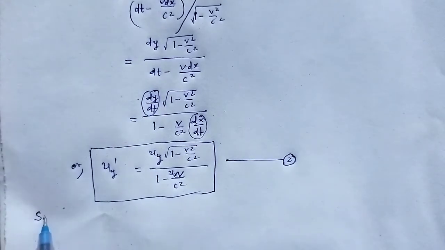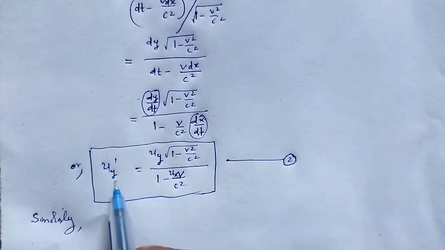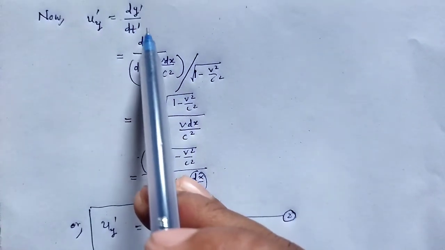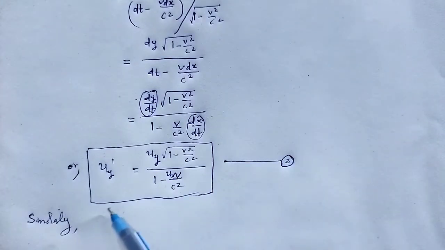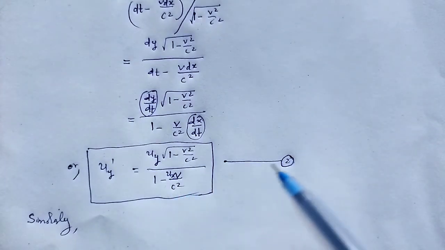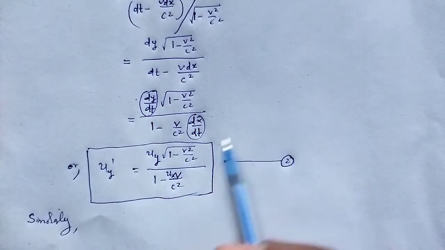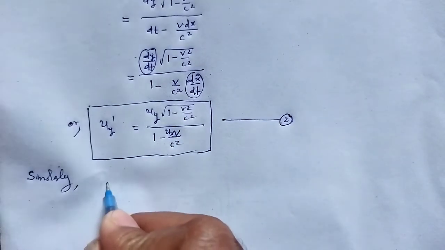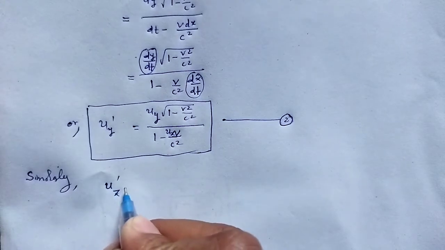Similarly, in case of y, there will be no such change, that is y dash is equal to y. Again, that is the same for z dash is equal to z. Therefore, the result of uy dash is very similar to the result of uz dash. Similarly, uz dash is equal to,